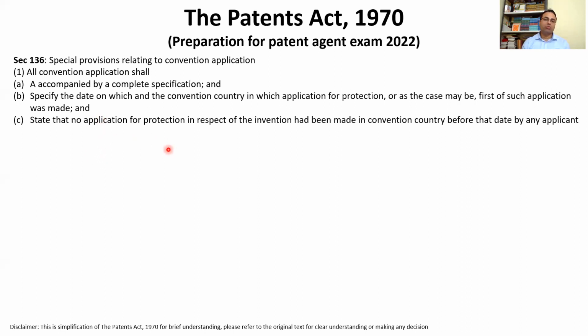You have to state that no application for protection in respect of the invention has been made in a convention country before that date by any applicant. You have to make a statement that, to the best of your knowledge, you have not made any application prior to this date.